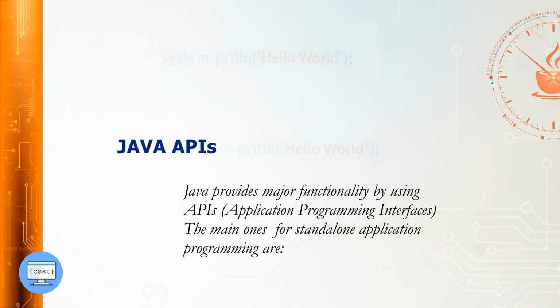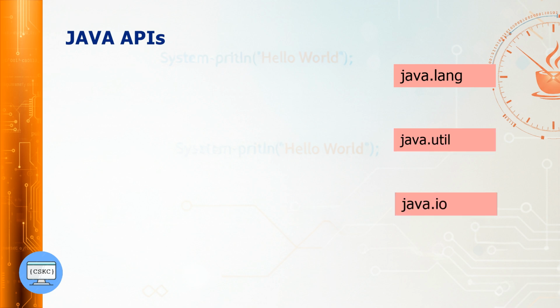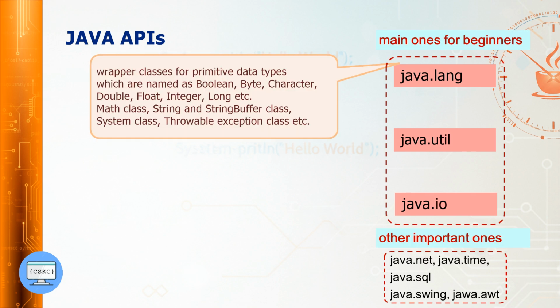Java provides major functionality by using APIs, or application programming interfaces. The main ones for standalone application programming are java.lang, java.util, java.io. The main classes for these are wrapper classes for primitive data types, which are named Boolean, Byte, Character,